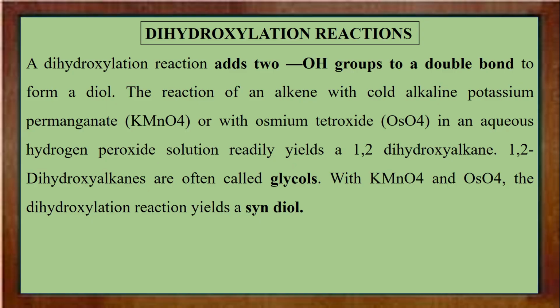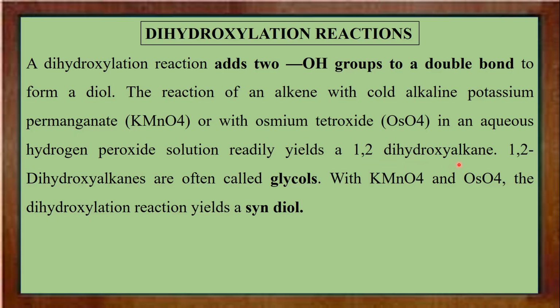The next reaction we are going to discuss now is dihydroxylation of carbon-carbon multiple bonds. A dihydroxylation reaction adds two OH groups to a double bond to form a diol. The reaction of an alkene with a cold alkaline potassium permanganate or with osmium tetroxide in an aqueous hydrogen peroxide solution readily yields a